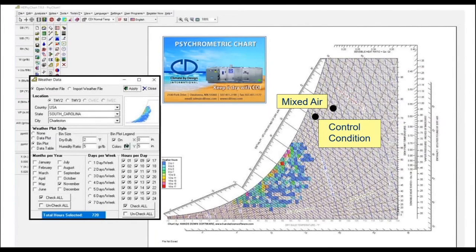You can apply bin data. So in this example, we went back to Charleston, South Carolina, and for just the month of November, so I'm showing you here just the month of November, and this is 7 days a week and 24 hours a day. These are the conditions of the air during that month, during that season. So you can pick and choose hours of the day and so on. What is that for? That helps you, again, visually to understand what's happening with the outside air so that you can design your system. So that's the second tool that I wanted to talk to you about today.